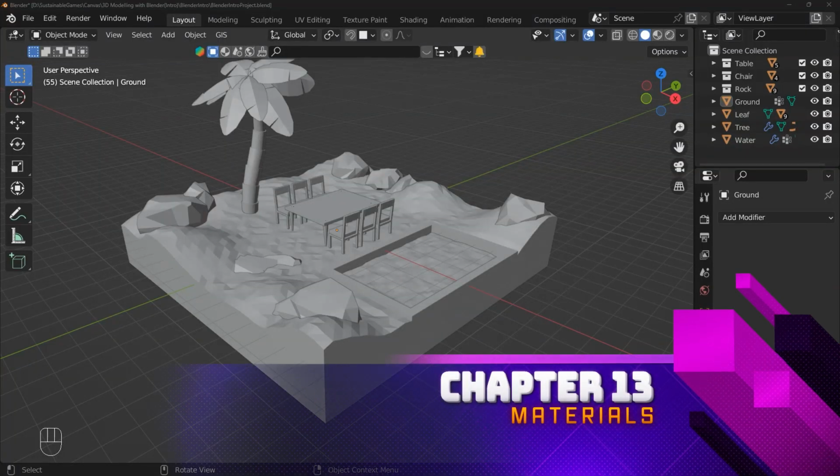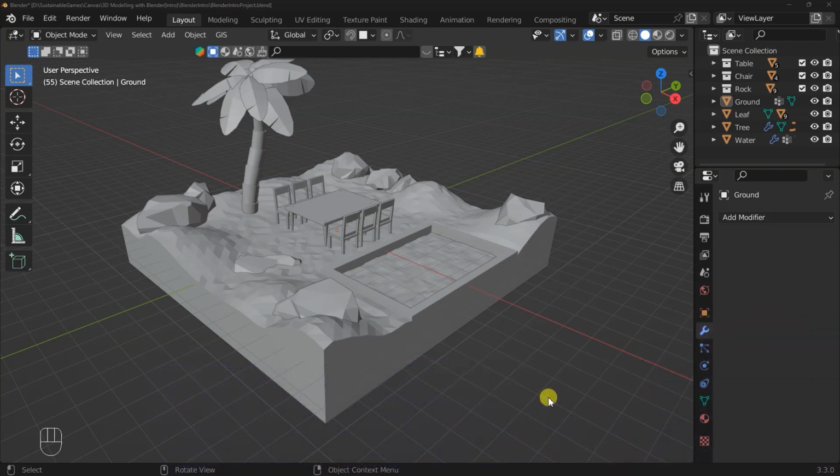Generally, when talking about textures or materials, we refer to how objects will look or feel as we see them in the real world. And in this case, we have a grayed out setting here. If we were to have this as a real beach with a real pool and real palm tree with leaves and all, we would be seeing some brilliant colors going across this project, as well as some subtle colors for the beach and all. And we can easily achieve that by switching to another viewport shading